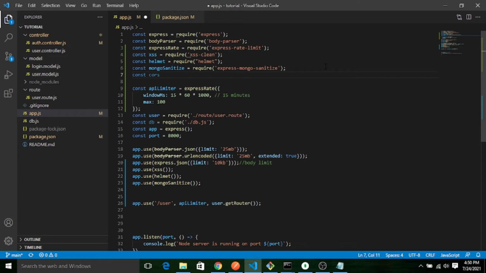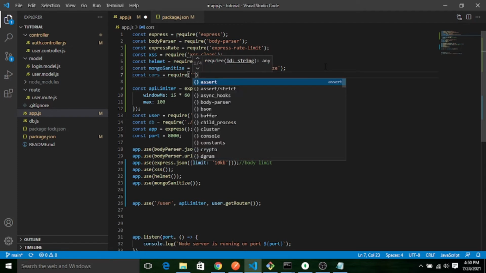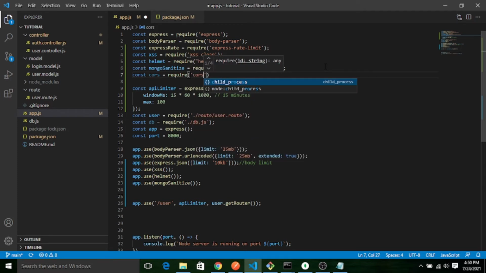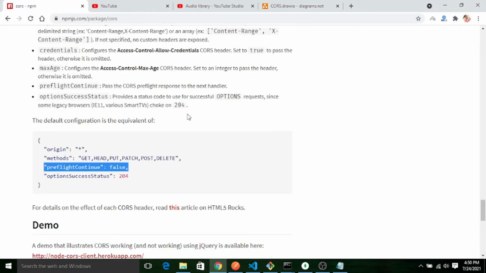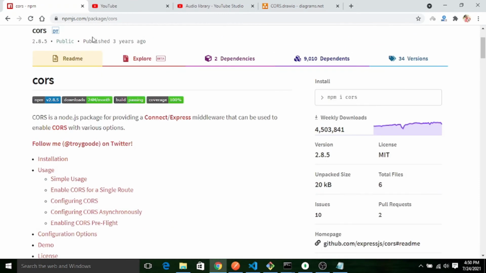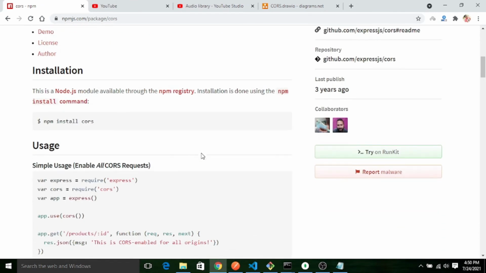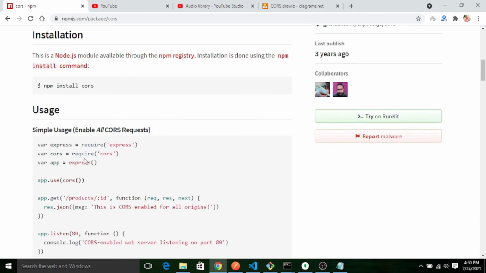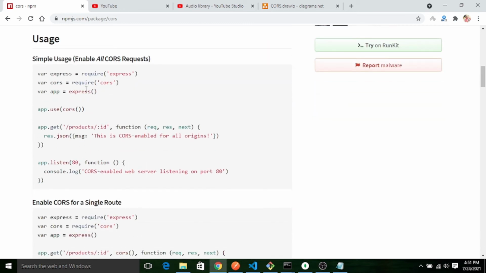We will import it using the require method. Let me go to this npm site, which I have already opened. I will add this link in my description box, so no need to worry about this. You can see here.